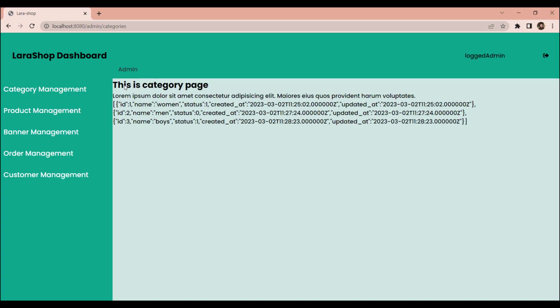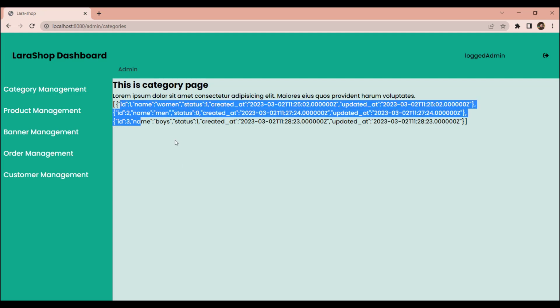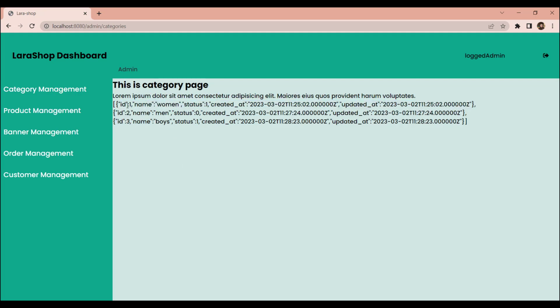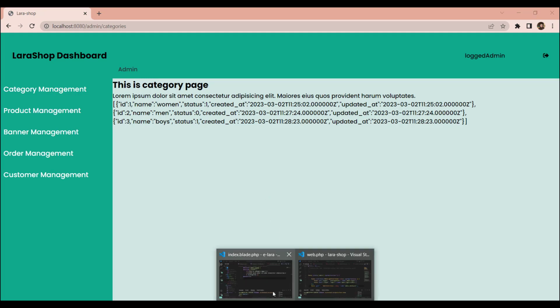Now as you can see, this is the heading and this was the paragraph, and we have 3 more rows. First one has ID 1, the name is women, status is 1, second is ID 2, name is men, status is 0, third is ID 3, name is boys and status is 3. So that means we are able to receive all the data in our browser. So let's remove this extra paragraph